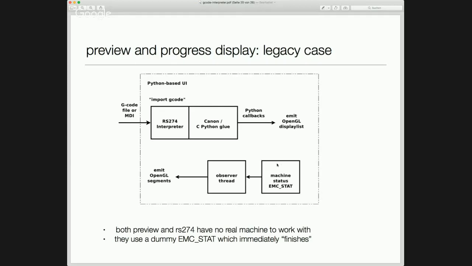The easy one is preview and progress display. I put this up here because I didn't understand for a long time how this works, because it's very arcane. In the legacy code, for instance, Axis does it that way. What does happen in the UI proper? Axis is a Python program, so that's within Axis. Okay, it does import a module called G-code,